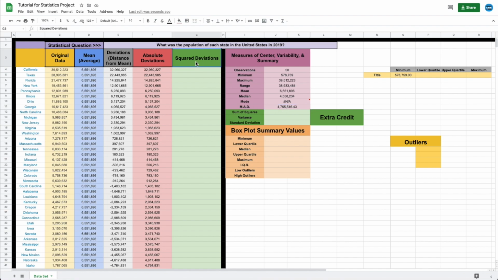Now, in terms of this last column and the sum of squares, variance, and standard deviation, I'll talk about that in office hours or another time. We're just going to go over the main important parts that everyone is required to do here. Okay, so